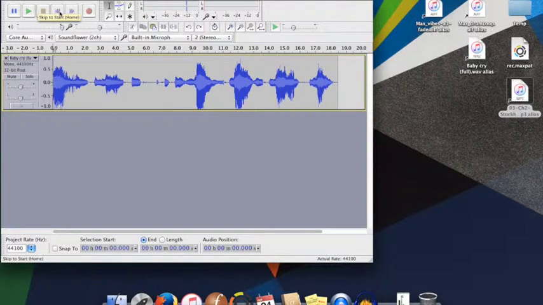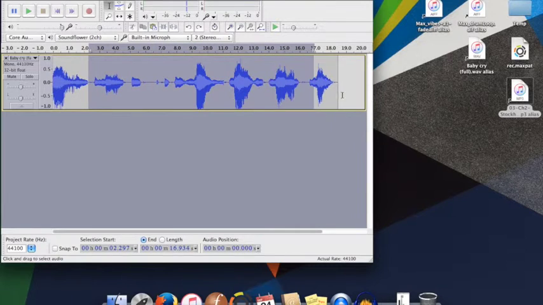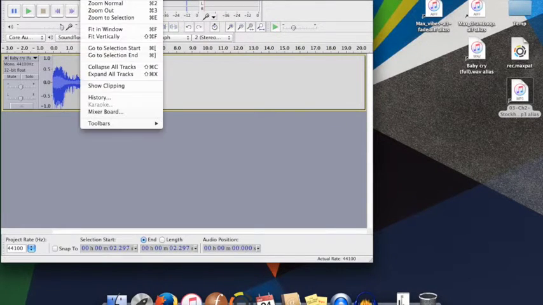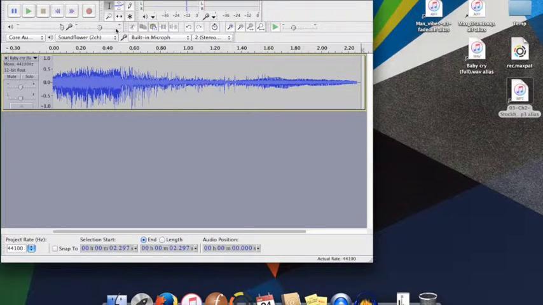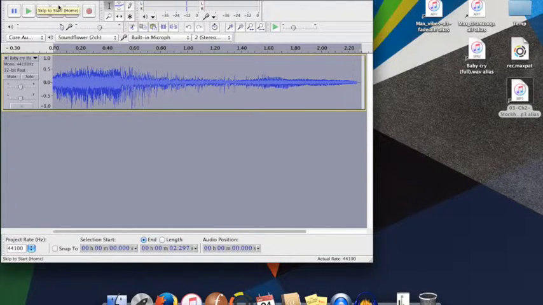So there's a few different effects I'd like to show you in Audacity, including some of the ones we talked about in class last time. First, let's simplify our sound by deleting everything but just the beginning of this sound. I'm going to select it and delete. I'm going to fit this to the window so I can see the whole sound and rewind. So now I'm going to select the whole sound. I'll do that by pressing Command A for all,